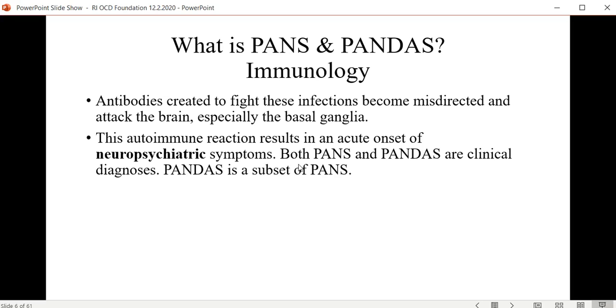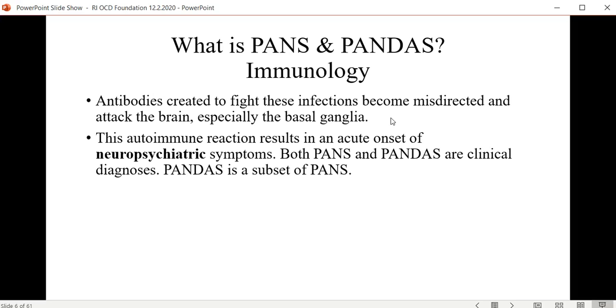So this is really an immunologic illness, except it comes out and presents itself as a neuropsychiatric situation. So what happens basically, and I'll give you more direction later, is when you have an exposure to a virus or a bacteria, your body naturally creates antibodies to fight these infections. When you get a new vaccine for COVID, it is either going to stimulate your antibodies by giving you a little bit of vaccine in a non-lethal form, that's a traditional flu vaccine, or it's going to give you a new form, which is called mRNA, which is a trick by manipulating genetically what is in the COVID virus,